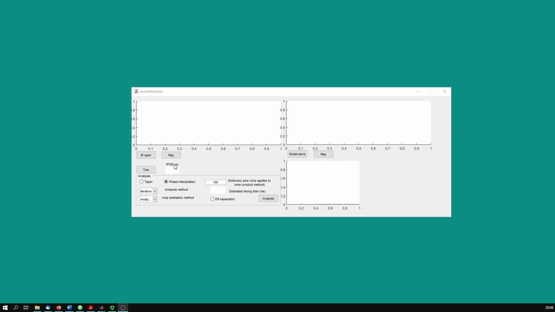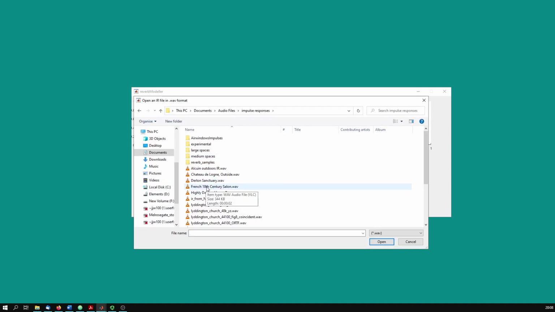Okay, so having installed the software, I then opened the Reverb Modeler, and the first thing I'm going to do is import an impulse response. Now this is just a WAV file, audio file of an impulse response of, say, a room or an instrument. Typically, I would expect this system to be used with impulse responses of rooms. So we move to a folder which has impulse responses in, and this French 18th century salon example is one which I talk about in the documentation,